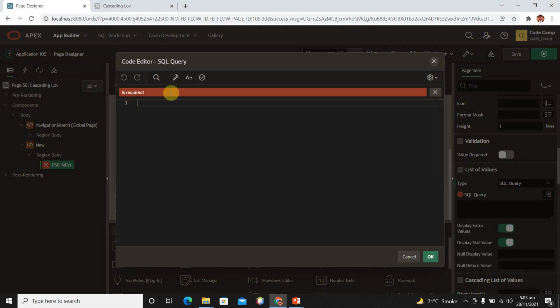Let's suppose we want to show department ID and department name over here, or country ID and country name, or regions. So let's suppose I want to show regions.